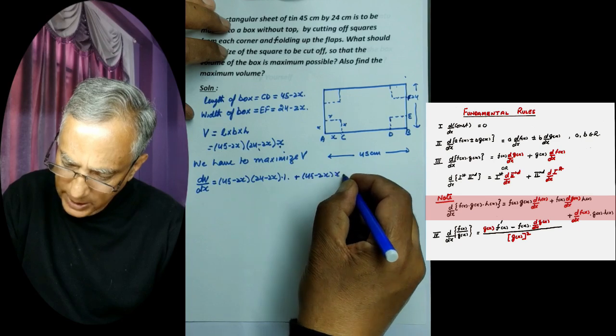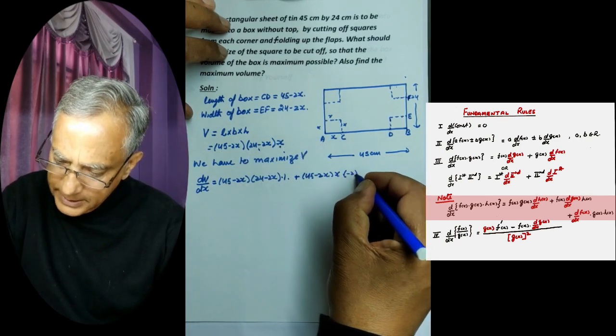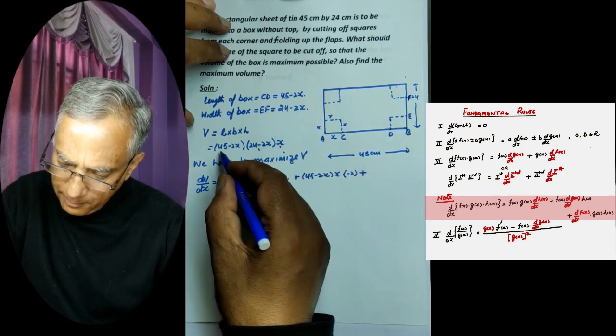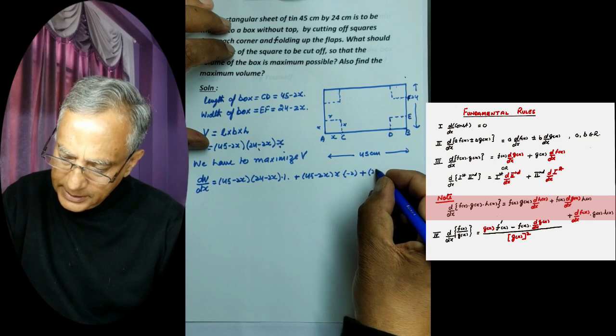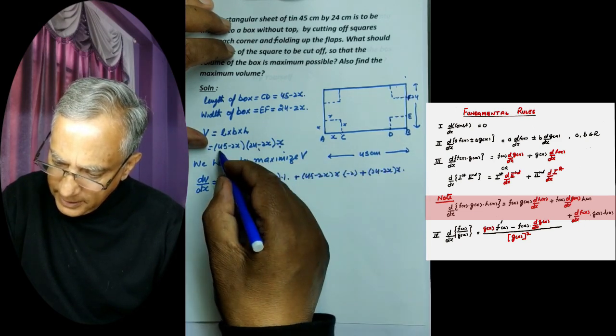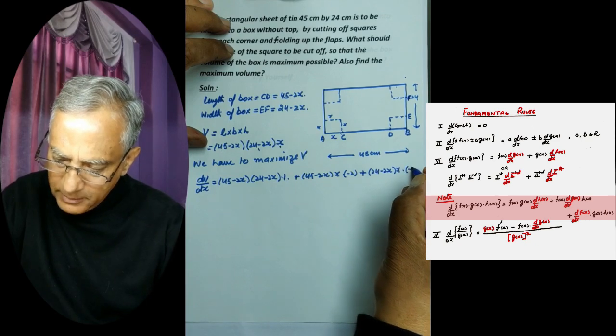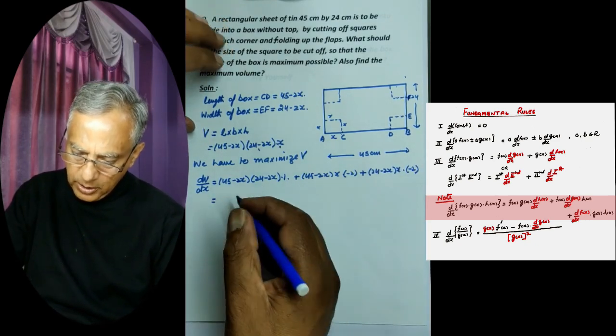45 minus 2x into x into differential of this will be minus 2. Plus, now we will differentiate this and leave the other two as they are. 24 minus 2x into x and differential of 45 minus 2x is minus 2. So this is equal to